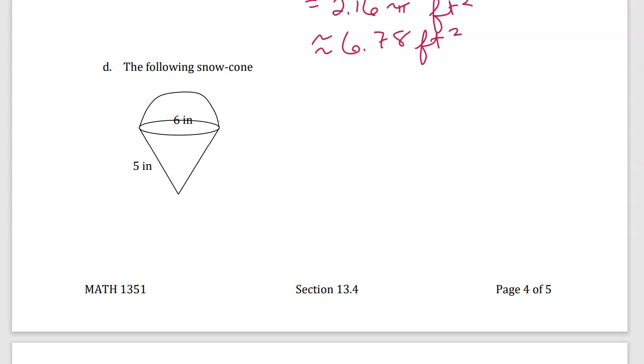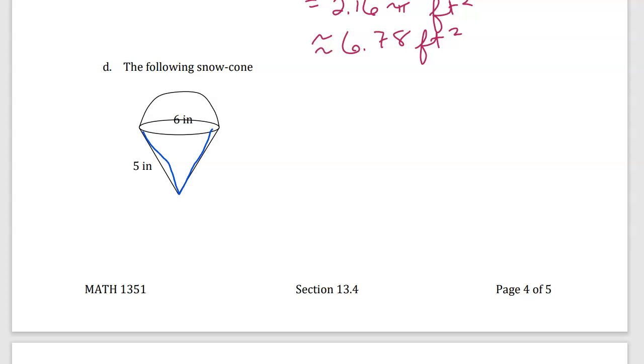Take a look at this snow cone. We want to find the surface area. So we have this cone here, but if you think about it, we don't have this circle part. We don't have this base. We just have